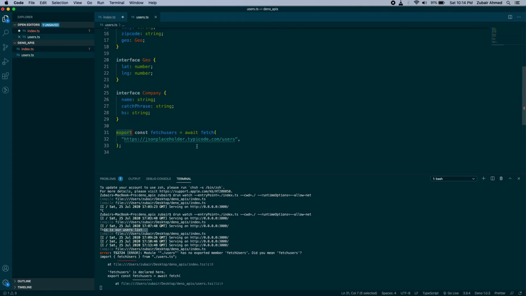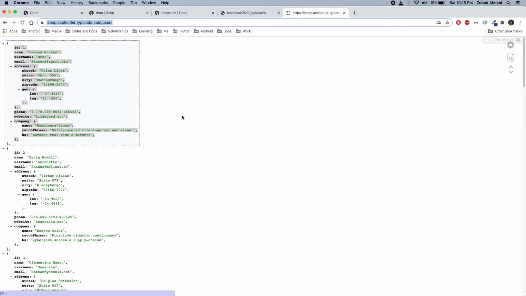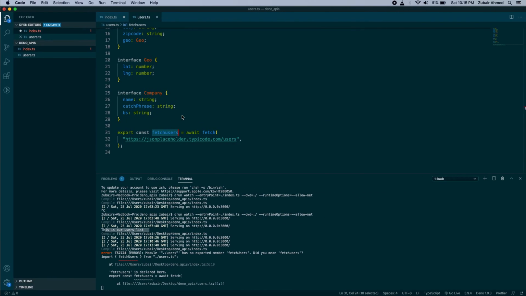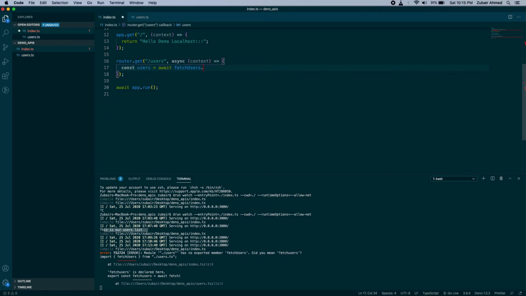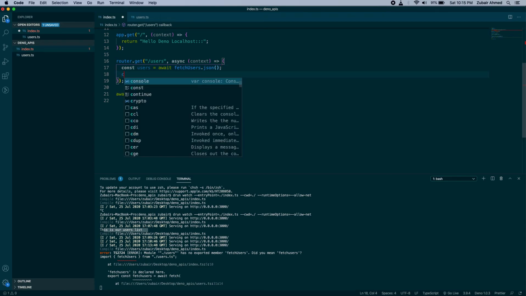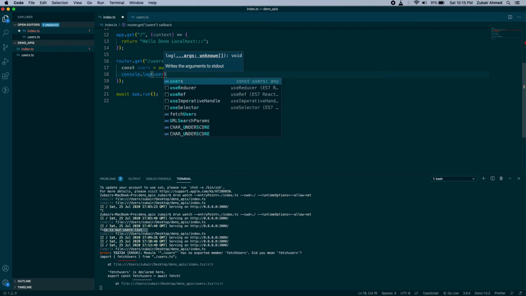After this fetchUsers gets called, it will return us a response kind of thing. That is the particular response we will get, and we will directly parse that into JSON. So after fetchUsers, which is kind of a response, we will just say json. We will retrieve its JSON directly, which will be saved inside this users variable. Then we'll say console.log, and we will just use users.